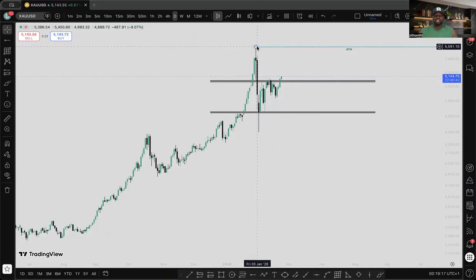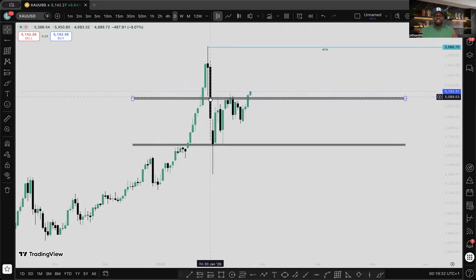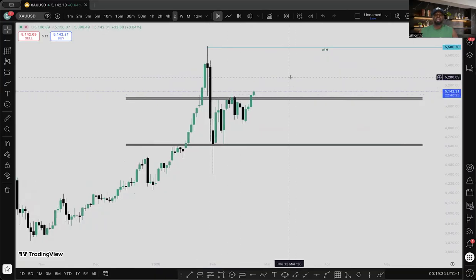So for me, throughout this week, this is the area I'm going to be targeting for price to get to before we can have a significant pullback or thereabout, or we just continue creating higher highs and higher lows, right? So that is the all-time high, right? So right about now on the daily time frame, as we can see, price broke out from the zone,